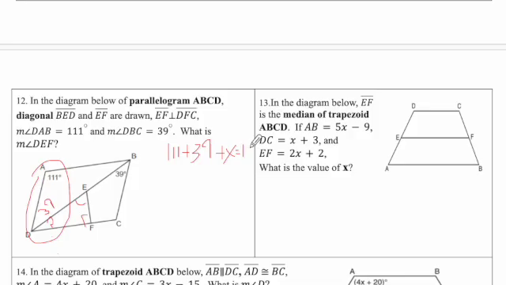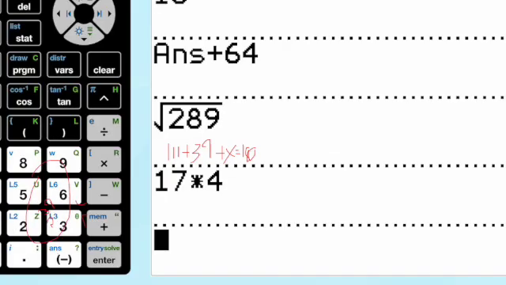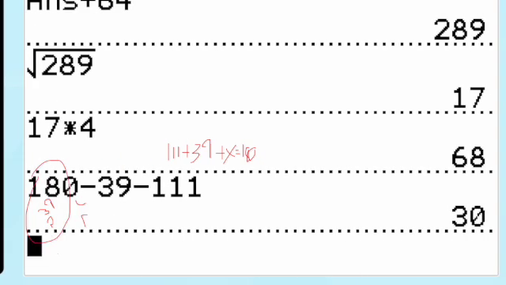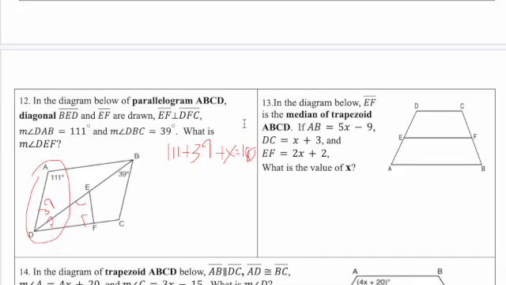Supplementary angles add up to 180. So I'm actually just going to do 180 minus 39 minus 111 to find out what the angle is. And I got 30 from that. Okay, so